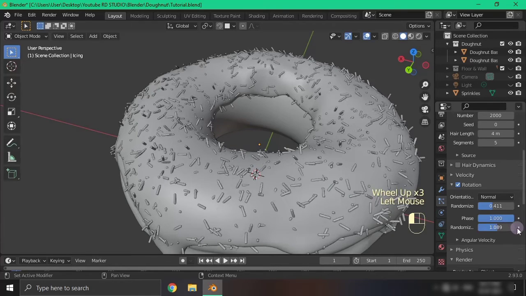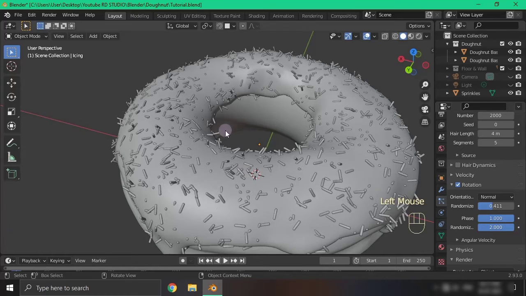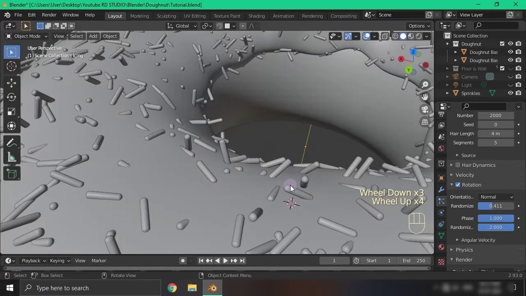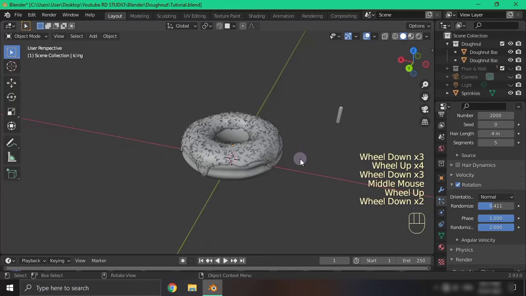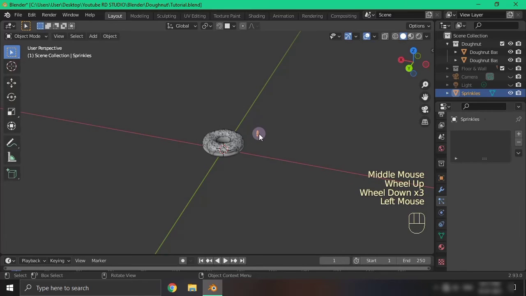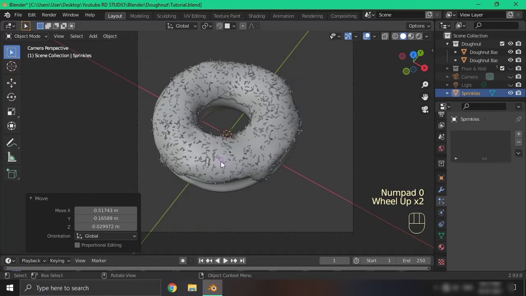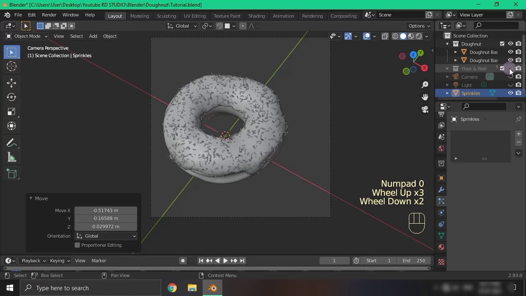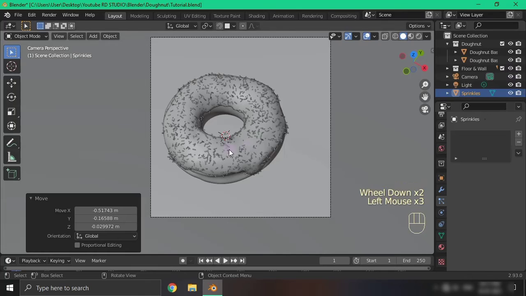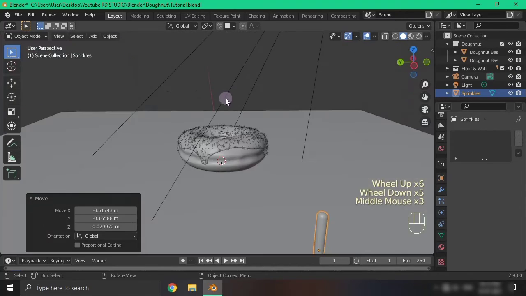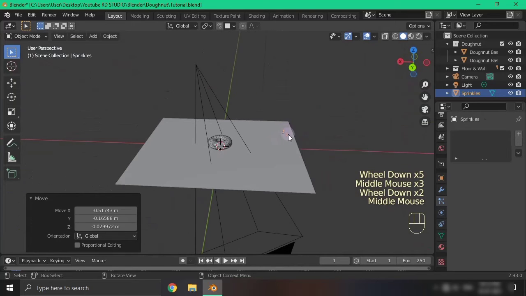So now you will get this all. So here there is a phase. If you increase, you can get other types of formulas, and here randomize will make this rotation. So this is okay, play with it. Okay, so I will make this icing far away and then just press 0 to get this one, and